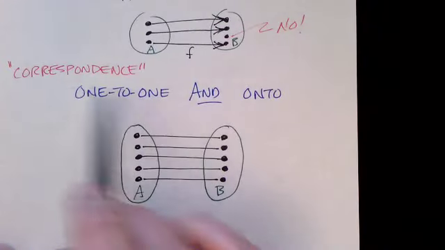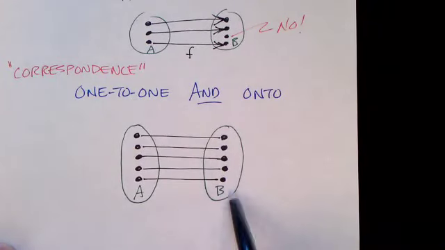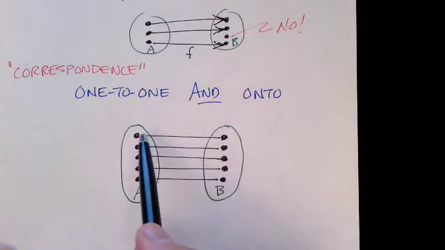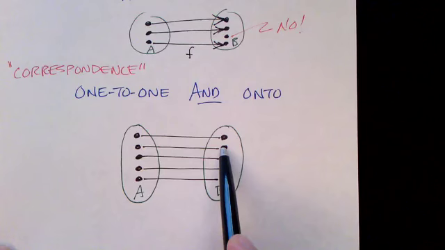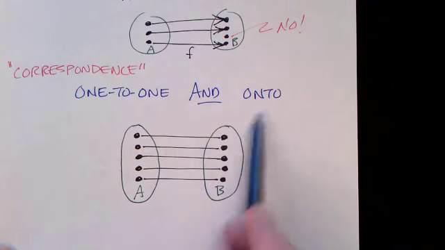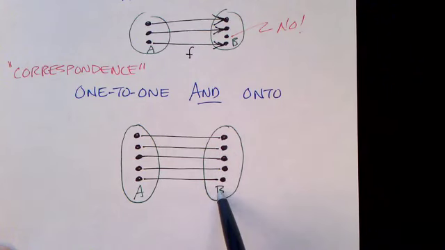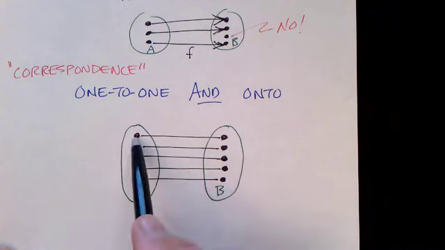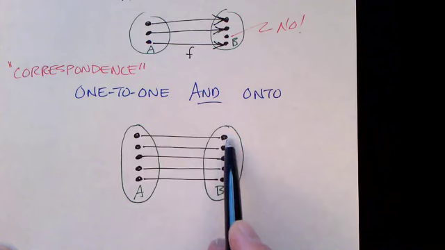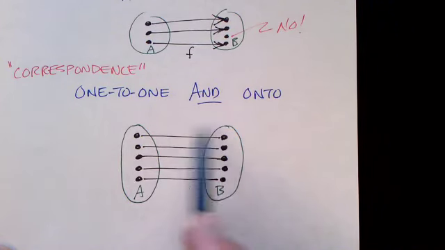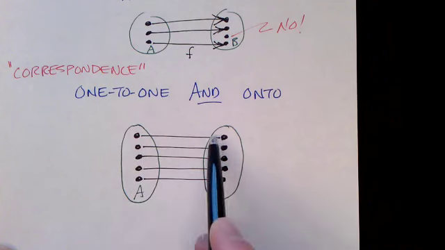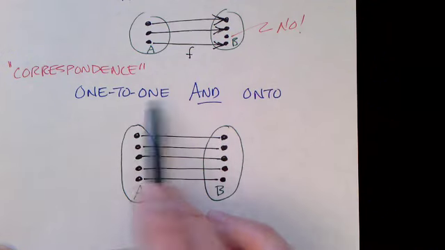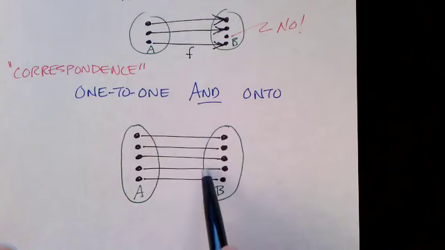And finally, we can define a correspondence, and this is a picture of a correspondence. Any function that is one-to-one, in other words, these lines don't intersect, and onto, meaning every element of B is touched, then we have a correspondence. For every element in A, there is a corresponding element in B, and for every element in B, there is a corresponding element in A. So this function, if it is one-to-one and onto, creates a correspondence